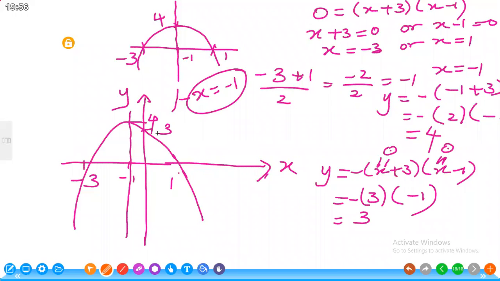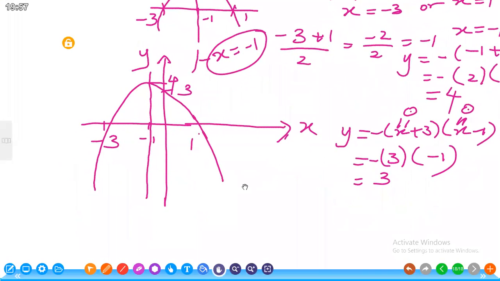Here also I draw the rough sketch. In the sketch, you don't mark all the points. You mark only the intersection points on the x-axis and y-axis, the equation of the axis of symmetry, and the coordinates of the turning point. Those points are enough. This graph is a parabola with a maximum because the coefficient of x squared is negative. The equation of the axis of symmetry is x equals negative 1, the turning point is negative 1, 4, and the graph intersects the x-axis at negative 3 and 1, and the y-axis at plus 3.